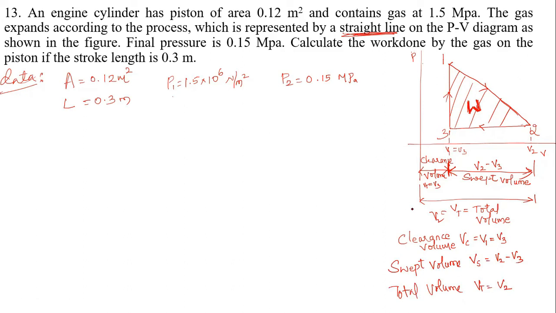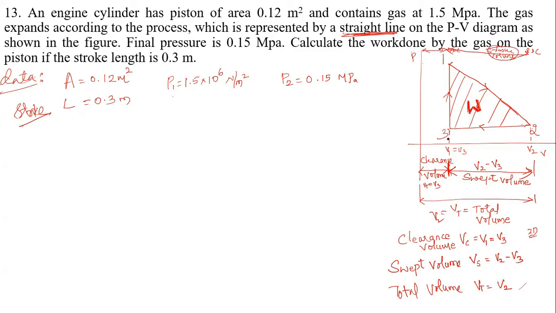Okay. This is about the terminologies. All these things are in volume, that is three-dimensional. Now, what is stroke? That is two-dimensional. The travel of the piston from one dead center to the other dead center is nothing but a stroke. Here, this is the top dead center and this is the bottom dead center. This is TDC and this is BDC, and this distance is clearance volume. The piston will move from one dead center to the other dead center. If it is swept in two dimensions, then that will be called stroke. If it is in three dimensions, it is volume. Therefore, the given thing here is stroke.